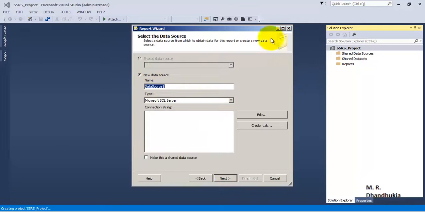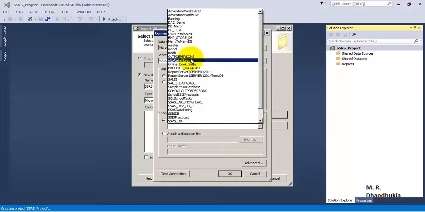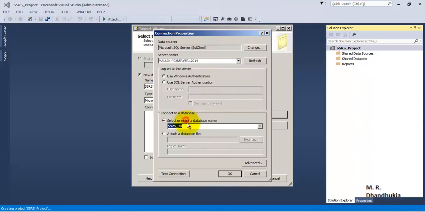Let us first of all connect to the database. Okay, we will require a data source. So using this data source, we will be connecting to the database, and then we will be fetching the data using a query, right? And that query we will call as data set. Okay, so first of all let us name this as SSRS DB. Okay, and let us connect to our database. SSRS DB. Okay,